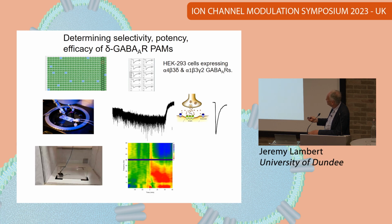And then if it gets through all of this, then we inject them into freely moving mice to see what it's doing to the local field potential and how long it's doing it for. I should just add, and then I'm finished, that